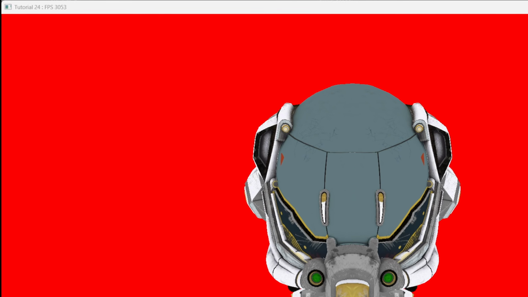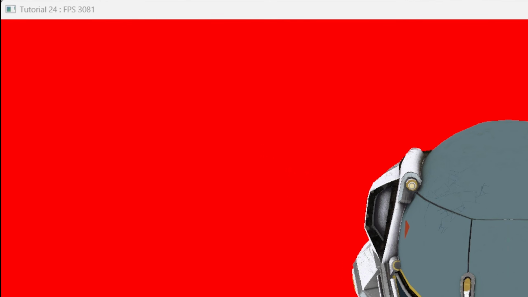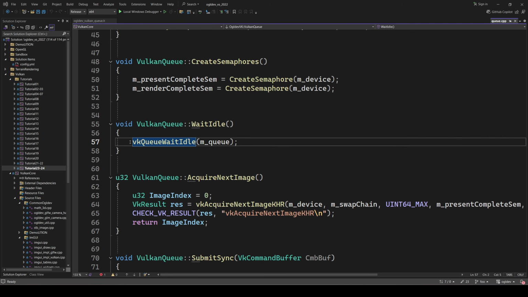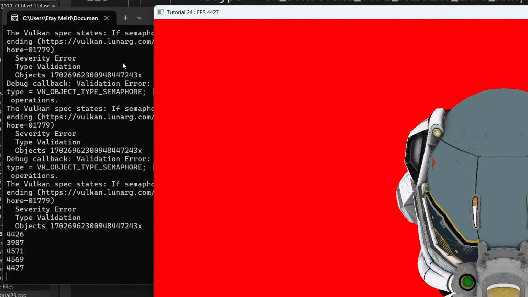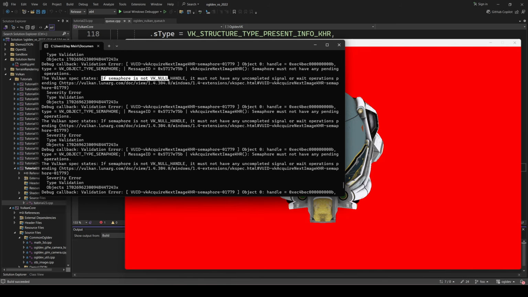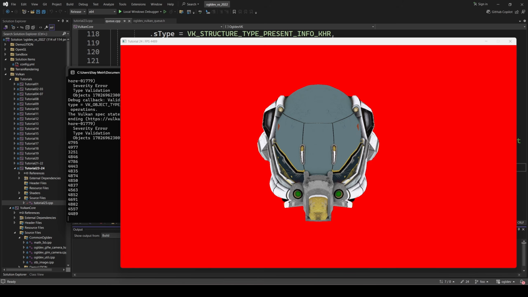This is the frame rate that we can achieve in this setup. But the call to the wait idle function is just a workaround, and if we remove it, we can see the frame rate going up, while the console shows some warnings that the semaphore must not have any pending operations. Obviously, something is not working correctly, and the purpose of this video is to fix the problem while maintaining the